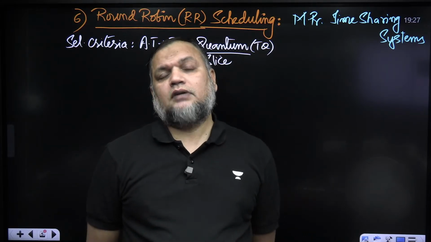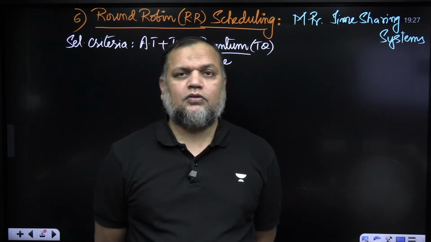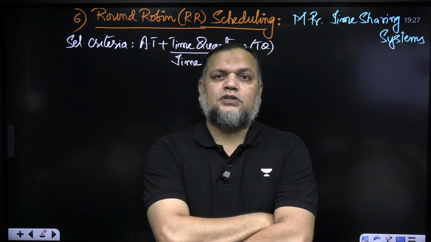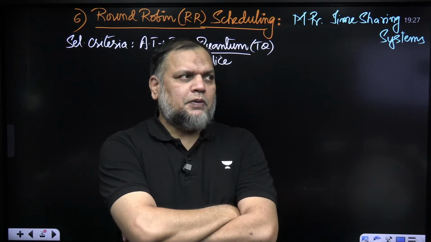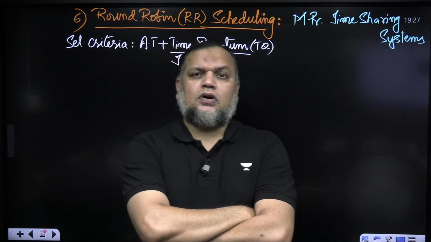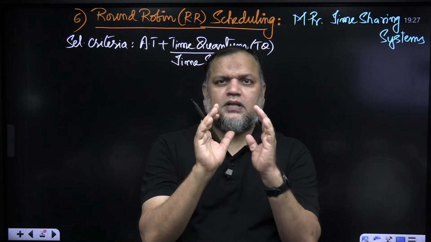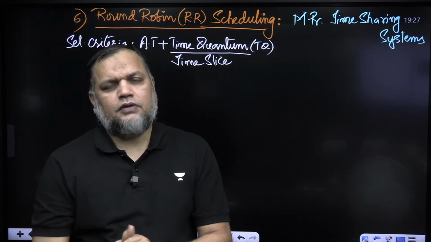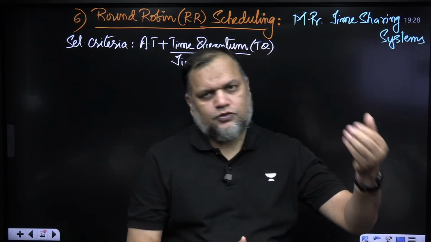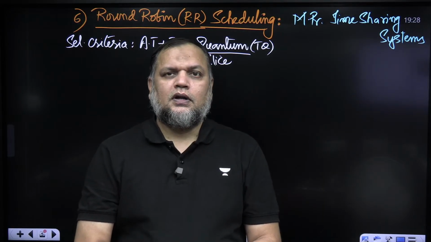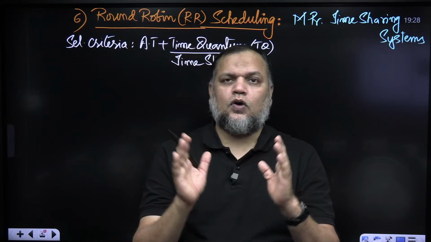First come first serve was non-preemptive, but round robin is preemptive. Round robin is preemptive, and preemption is based on the allotment of time quantum, the expiration of time quantum. Every process that gets scheduled onto the CPU is allowed to run for not more than the allotted time quantum. If within that allotted time quantum the process completes, well and good, it will leave the CPU. Within the time quantum, if the process needs to go for IO, it will still leave the CPU and go for IO. But if the process neither completes nor goes for IO within the time quantum, then